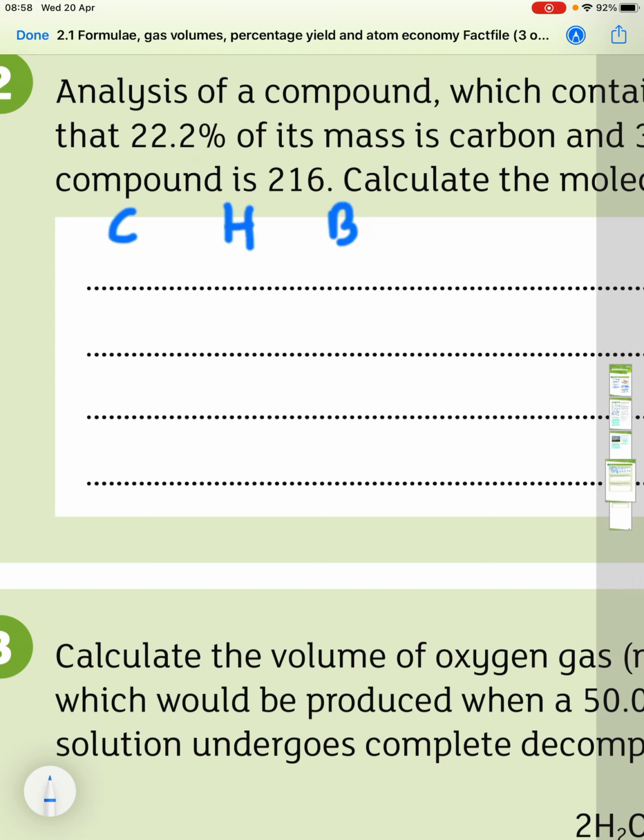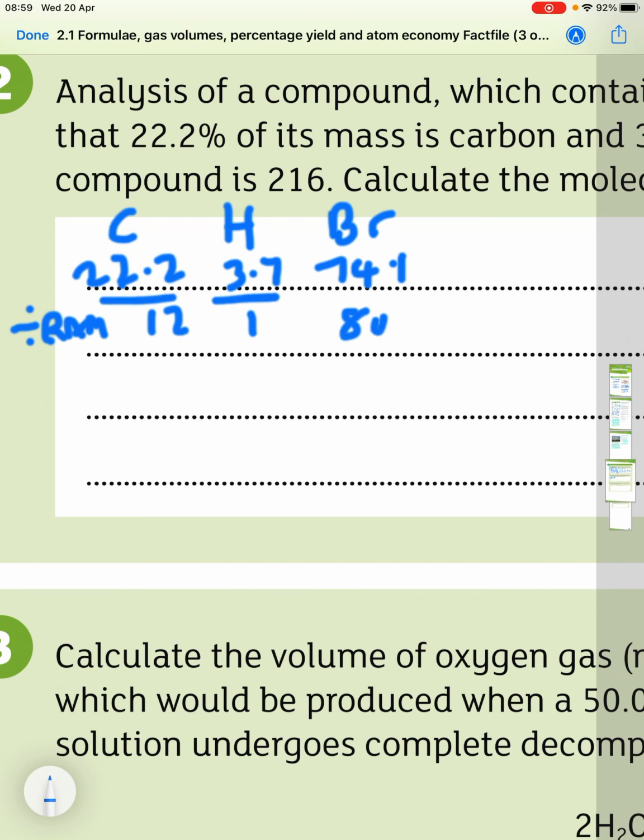I'm going to do that just by writing down the elements here: carbon, hydrogen and bromine, and then I'm putting the quantities from the question, so 22.2 for the carbon, 3.7 for hydrogen and 74.1 for bromine. We're going to divide by the relative atomic mass. So for carbon that is 12, for hydrogen that is 1, and for bromine it is 80. Divide through by those,